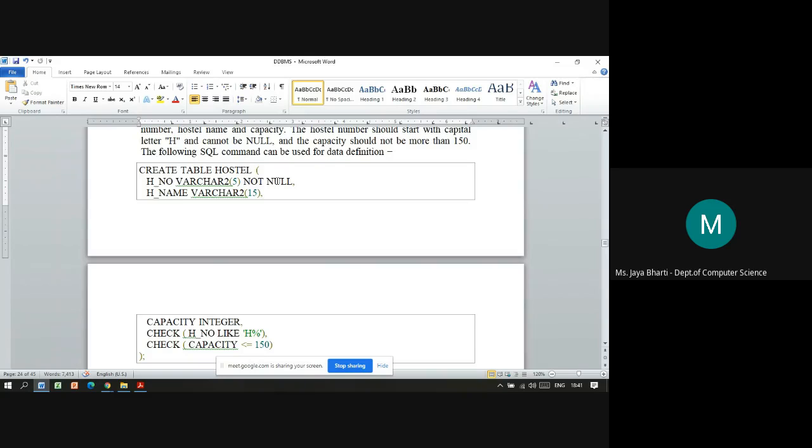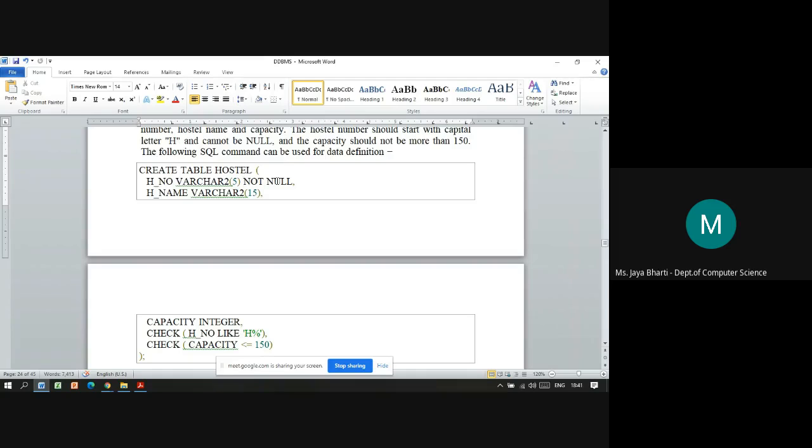Again, it depends on how they are giving the hostel number, whether they use only numeric data like 1, 2, 3, whole numbers, or they start with h1, h2.